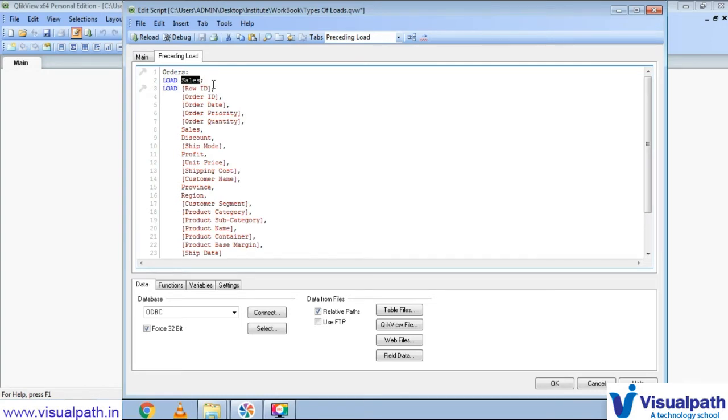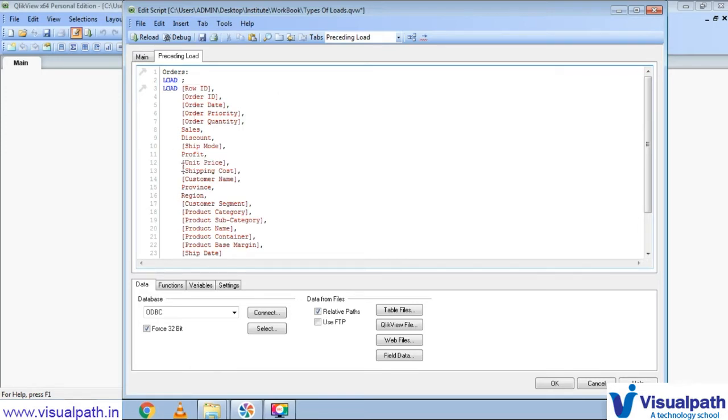The requirement is, friends, whenever there is some calculation you want to do, let's say we have unit price and shipping cost, and you want to multiply them to find the total shipping cost for the total units. So how do you do that, friends? Just take these fields. I'll remove sales as of now.